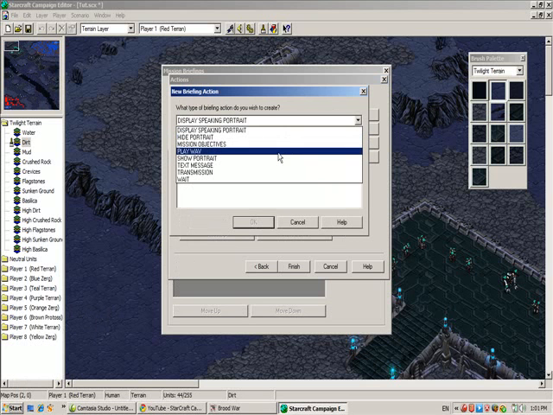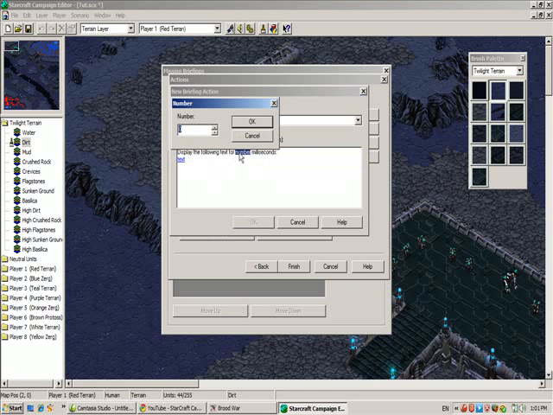Play wave is the same thing as it was in the actions. It plays a wave. Show portrait we already went over. Text message is simply a text that you can display for how long you choose. For example, 10,000